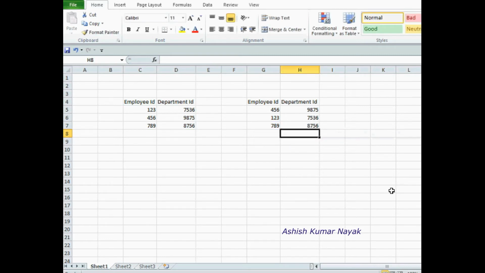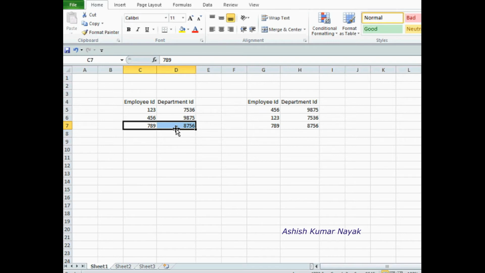It is not incrementing. That's why all the values are coming correctly. For 456 9875 department ID, see here 456 9875, 123 7536, 123 7536, 789 8756, 789 8756. So this is the simple way.